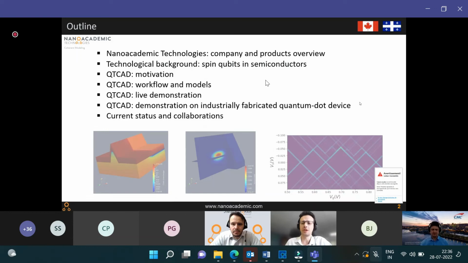I will start by giving a quick outline of this talk. So first, I will briefly describe our company, Nano Academic Technologies, and give a very short overview of our products. I will then present a slide on the technological background, which is spin qubits and semiconductors. I will then motivate the tool Qtcad, present the workflow of the software and the models that are included in